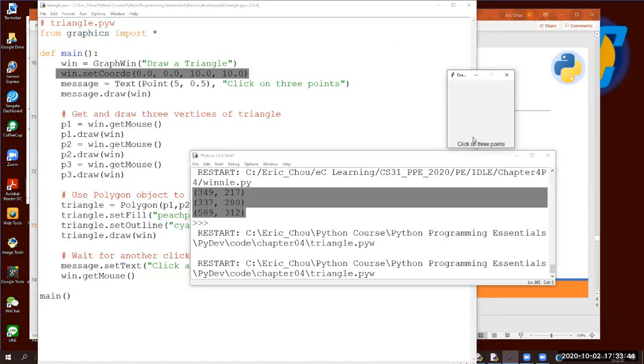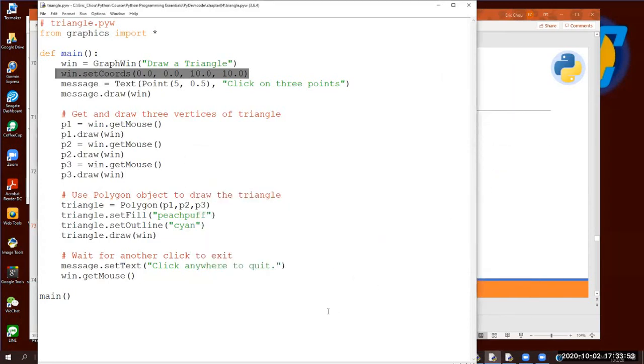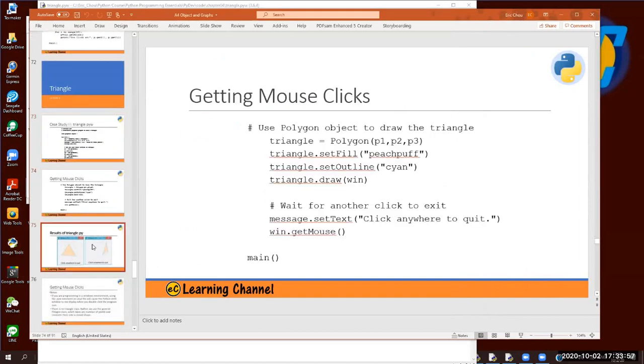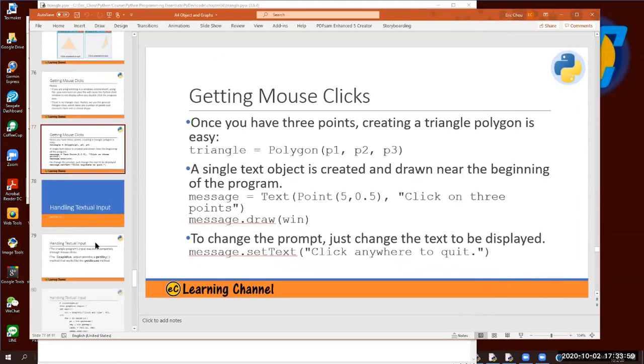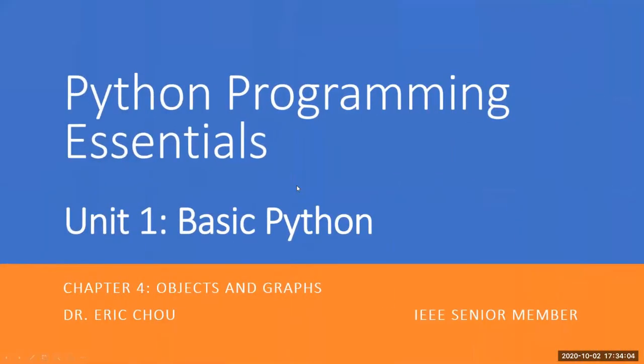Right? So this one is the text notation. That one is drawing, so we finish that one. We must handle text input. Handle text input, we have the